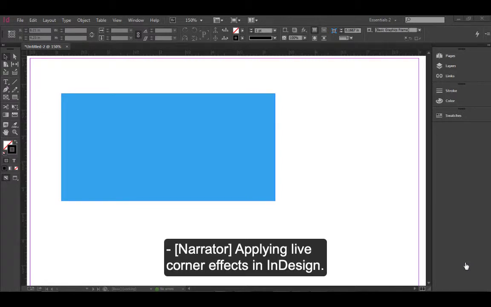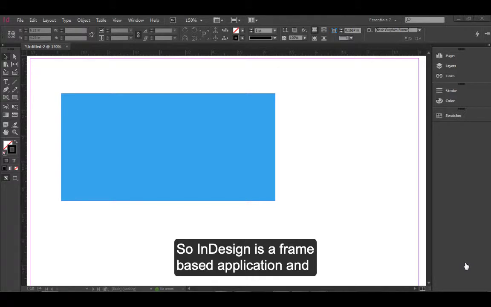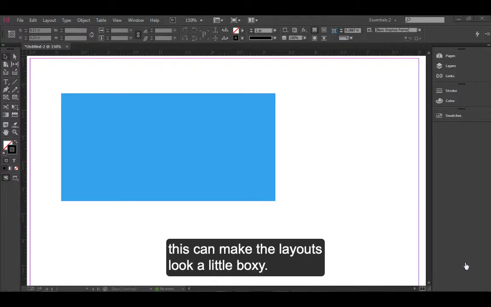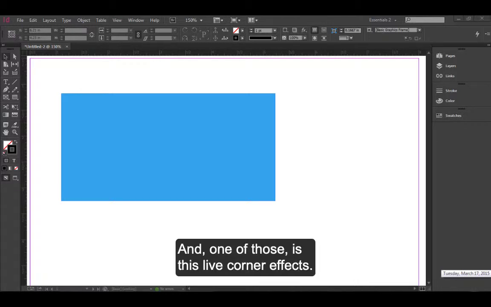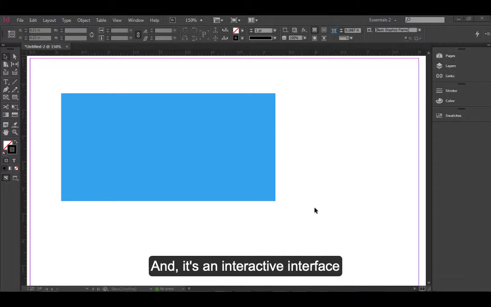Applying live corner effects in InDesign. So InDesign is a frame-based application, and this can make the layouts look a little boxy. So we have to do some creative things to get away from that boxy look. And one of those is this live corner effects, and it's an interactive interface to apply corner effects to a